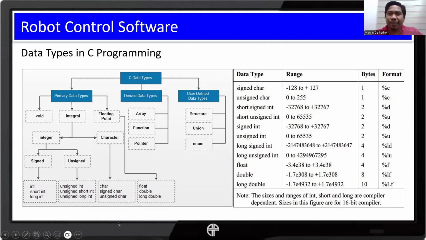For more advanced programs, we normally use arrays, functions, and pointers, especially for programs with a higher level of logic, or a more advanced logic. And sometimes we use user-defined data types such as structure and union.